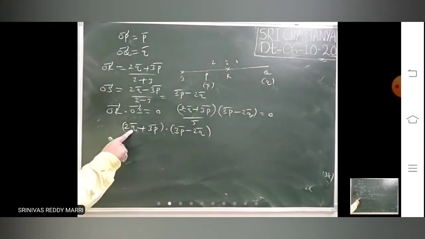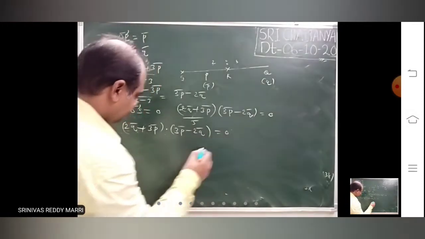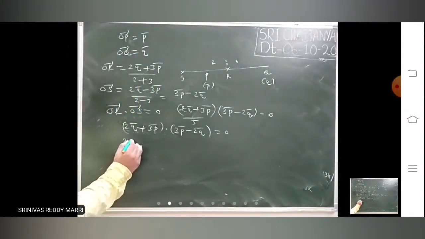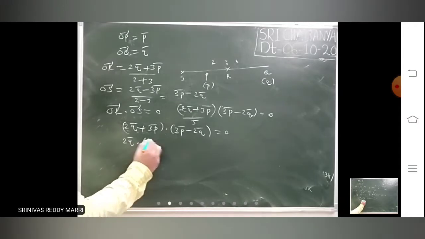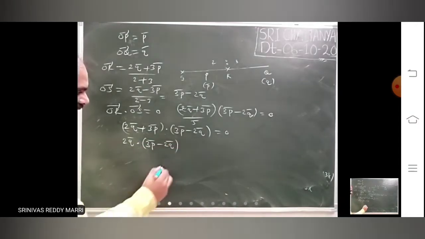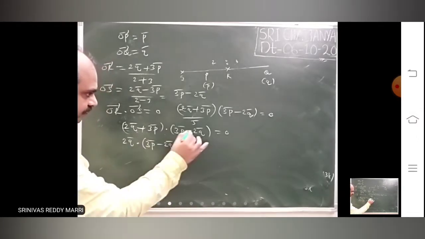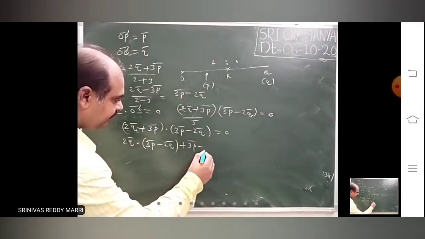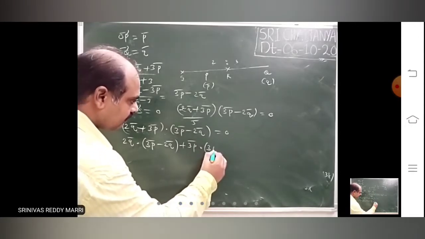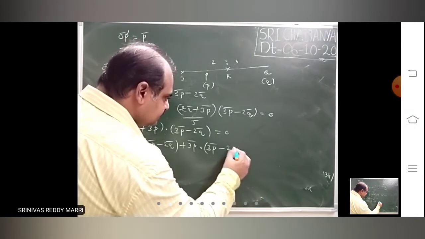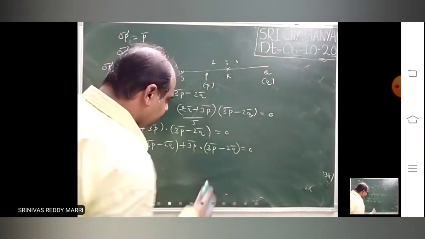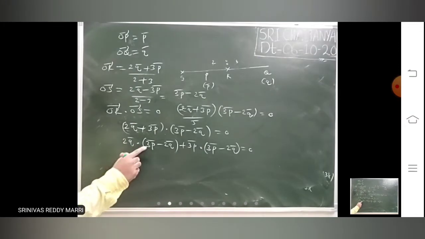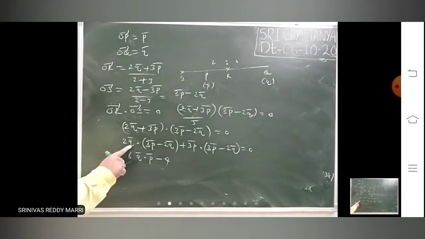Now look at this. I am writing the distributive property: 2Q bar dot (3P bar minus 2Q bar) plus 3P bar dot (3P bar minus 2Q bar) equal to 0. Now look at 2Q bar dot 3P bar, constant outside. You will get 6 Q bar dot P bar minus, look at 2 into minus 2, minus 4 into Q dot